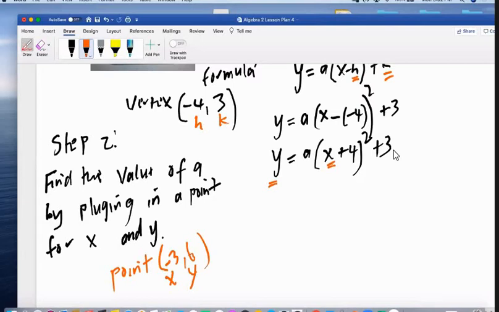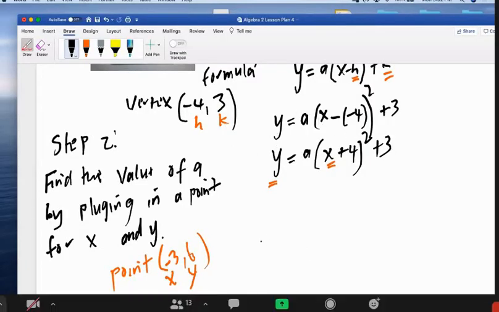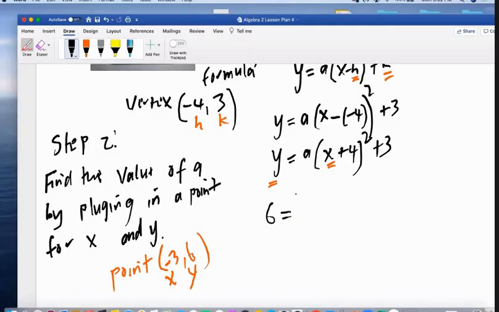Okay, so I'm kind of rushing a little bit because we run out of time. So let's go ahead and plug in the point. Did everyone try to plug in the point and find the value of A? Yes? Okay, so let's do that. So can somebody tell us, so now what do we do? Take out Y and what do we plug in for Y? 6, yes. Equals A,